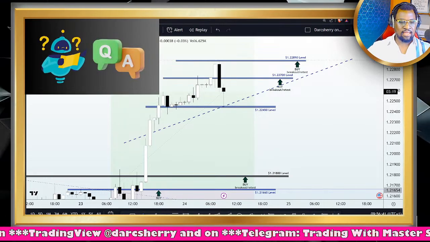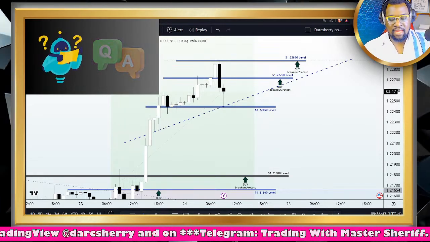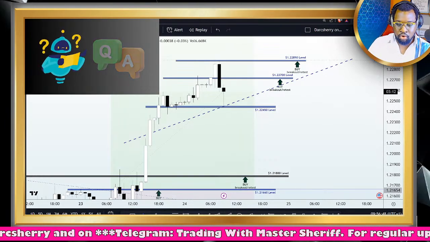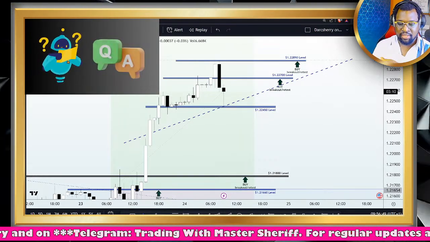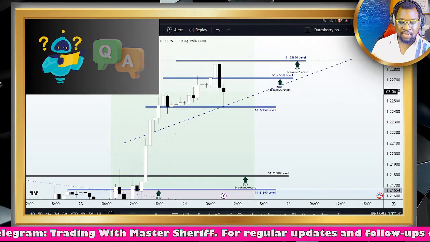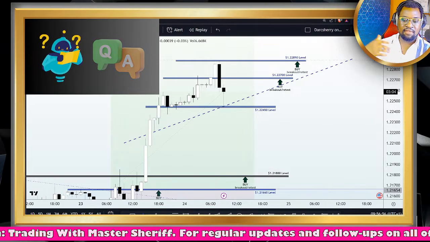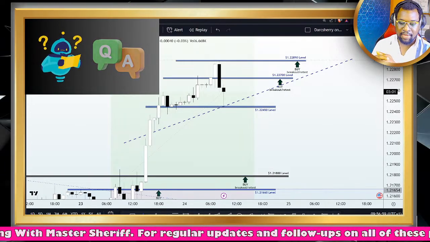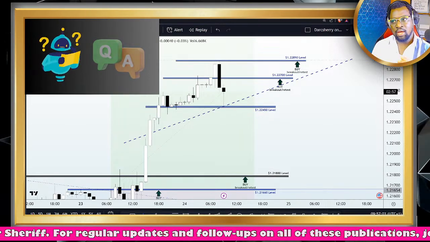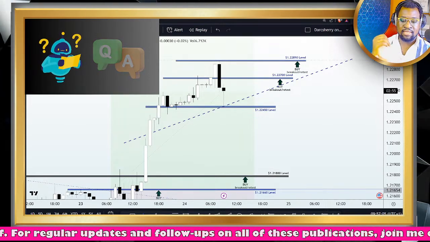All right, so I see a couple of comments from Ika's Diary. Ika's Diary is asking that once a key level is broken and retested, how can we determine that the retest is over and now it is time to enter for a trade at the correct time? Because sometimes I enter and exit from trade too. Okay, I think I understand what you are trying to say, Ika's Diary.